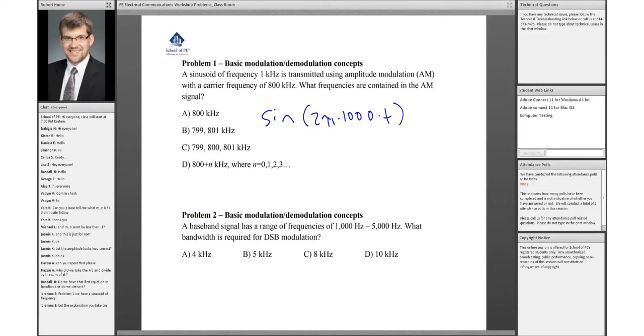But that being said, even if this was our message, even if our modulator was cosine 2 pi 800k t,